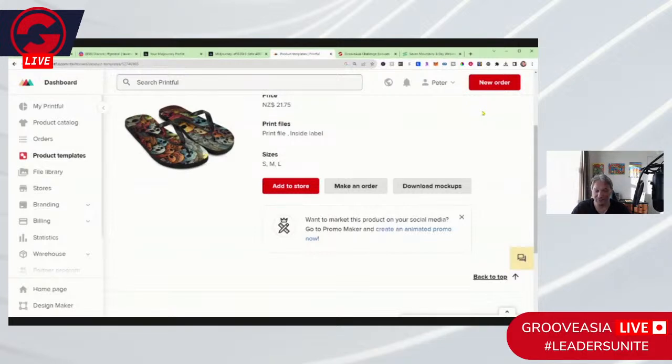Okay, so that was all about Prompt Base and what you can actually create by using the prompts that you purchase from Prompt Base. Now I'm just going to go through some of the things that are coming up with Groove Asia and Groove Summit. One of the things that will be happening this weekend